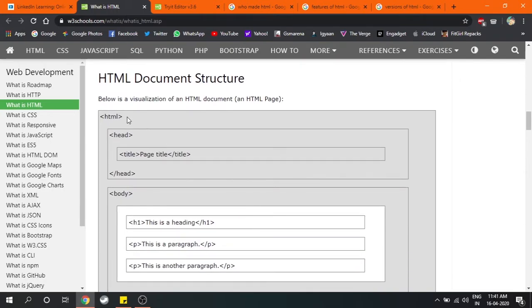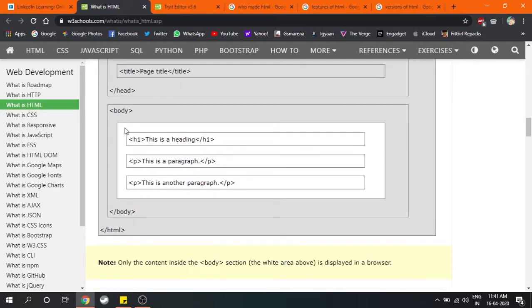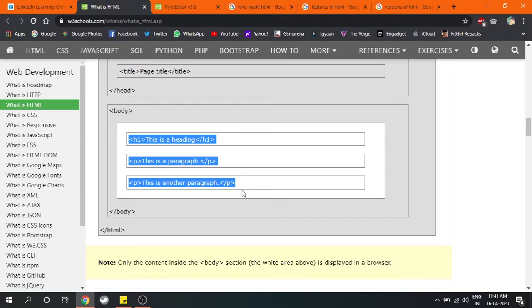So this is the basic structure of an HTML file. So HTML, then head. Inside head you can give a title to your website. Then inside the body tag you can show whatever you want to see in your website. So body is the main tag in HTML which shows what we want to show to the users.